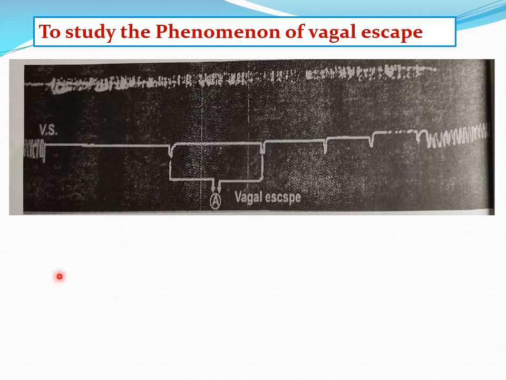During dissection you also have to expose the vagus nerve, the right vagus nerve and the left vagus nerve, as I told you in the previous practical. When you connect the heart to the recording system, the heart beating is recorded as a normal cardiogram. Initially you can see the beating of the heart. In the diagram, this is the beating of the heart. It comes like this.